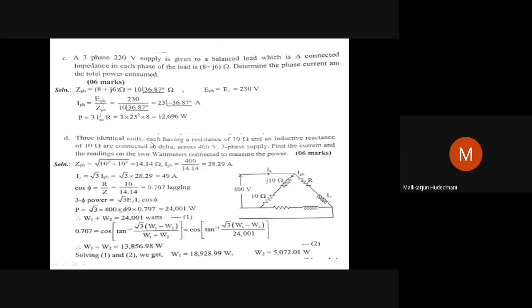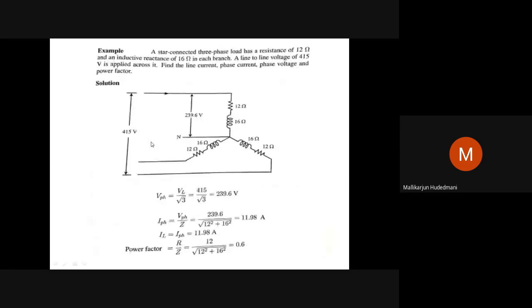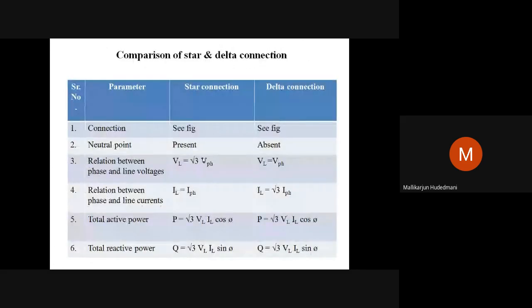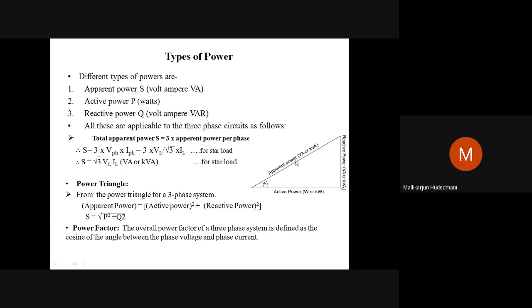Let me take you back to understanding those things. Here, kVA is given to you, correct? kW is given to you. If this is given and this is given, how do you connect it to the angle? By power factor. What is power factor? Cos phi, active power divided by apparent power. kW divided by kVA is nothing but power factor.